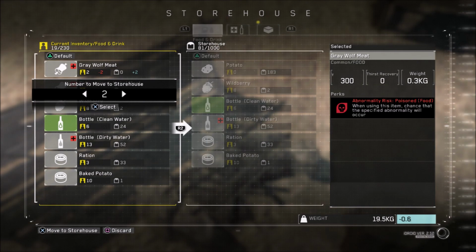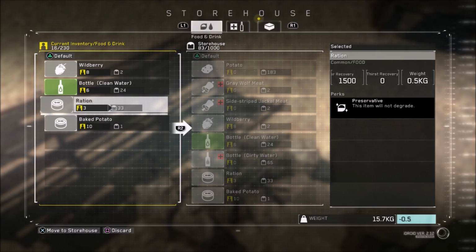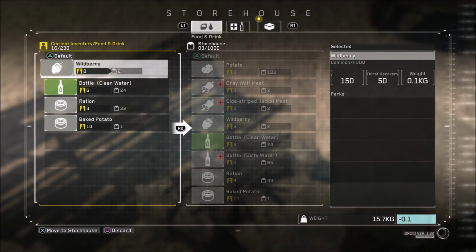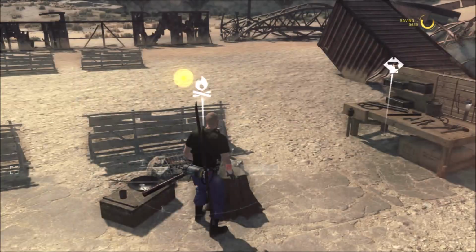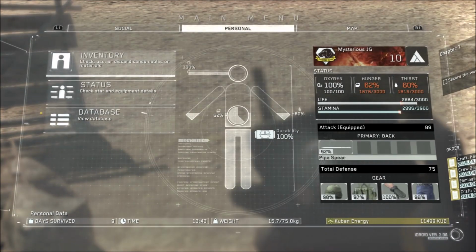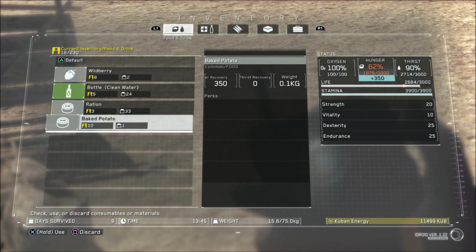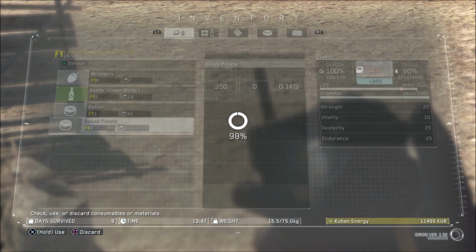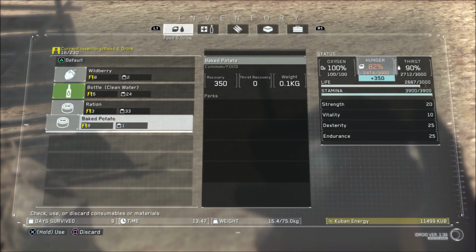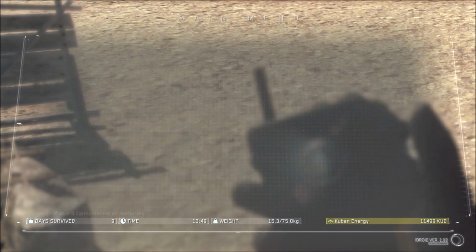Well, we will move this stuff to the storehouse instead of keeping it in our inventory. Because at the moment, there's no particular reason to start gathering up all this extra food. We've got baked potatoes up the wazoo, and as of right now, potatoes are what we eat. So, a little water. Boy, rations do a whole lot more for you than baked potatoes do. But I don't have a way to replace those other than just patience and letting the game occasionally give me stuff. So we will